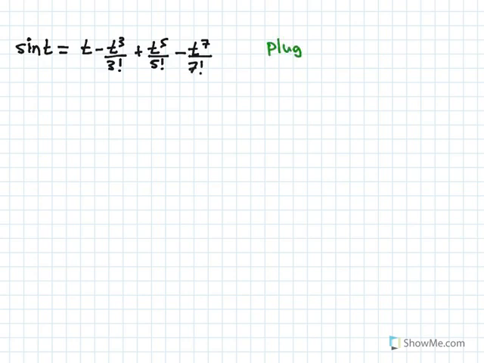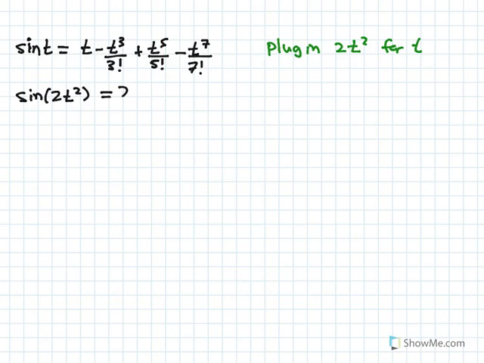Sine t is equal to t minus t cubed divided by 3 factorial plus t to the power of 5 divided by 5 factorial minus t to the power of 7 divided by 7 factorial. Now let's plug in 2t squared for t. So we get sine of 2t squared